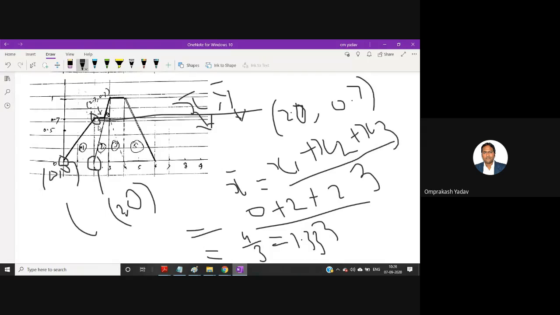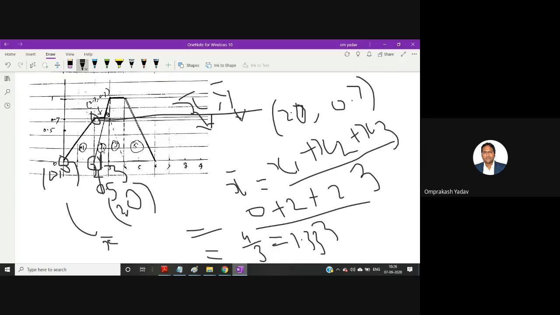Now let's determine what the x bar will be for that particular rectangle. If you see here, for this rectangle, it's 2 to 3. This point is 2 and this point is 3, so 1 unit is there. For a rectangle, you simply calculate the middle point. If this is 1 unit, obviously 0.5 unit will be the middle point, right? So here in 2 to 3, I will take 0.5 unit, and I have to determine this x bar.